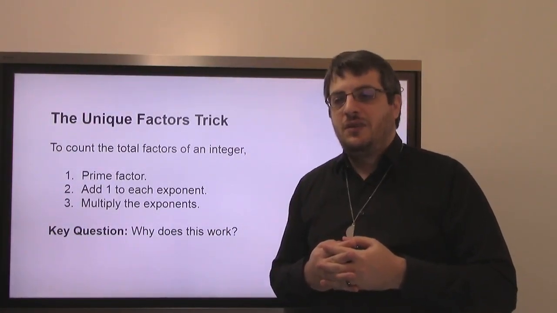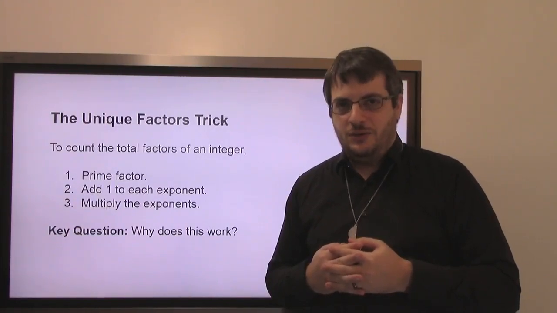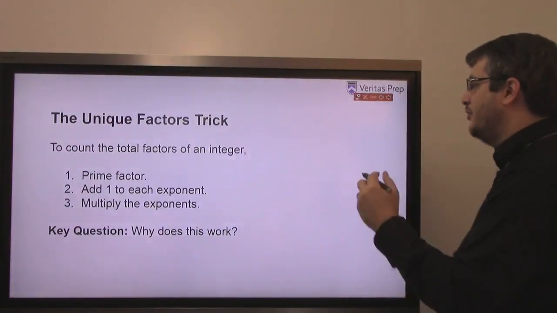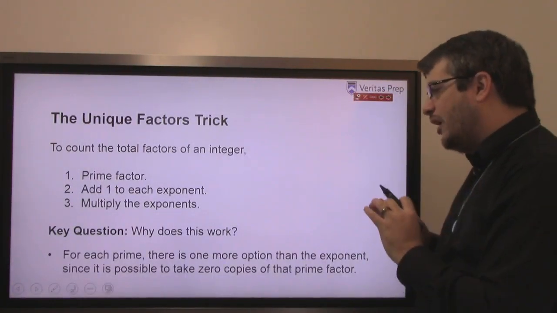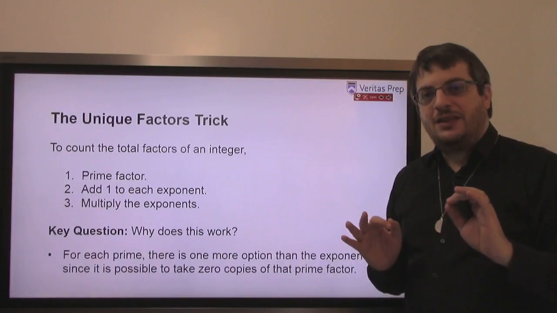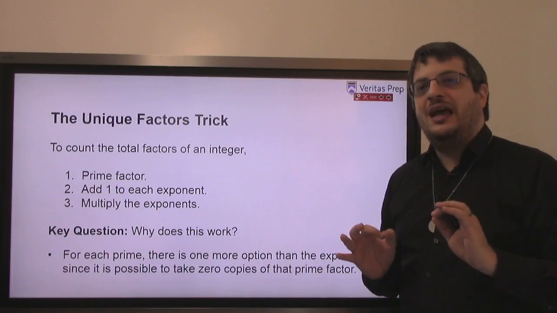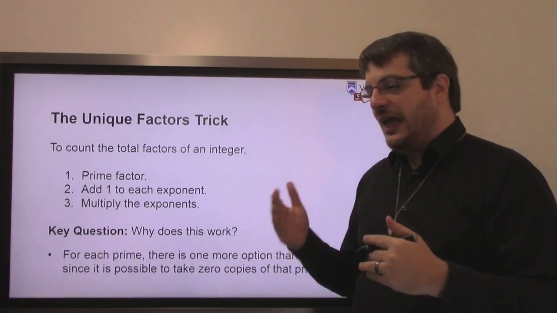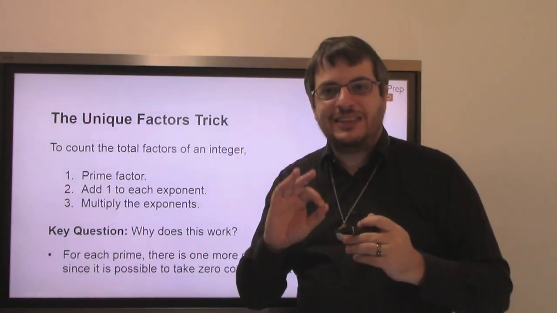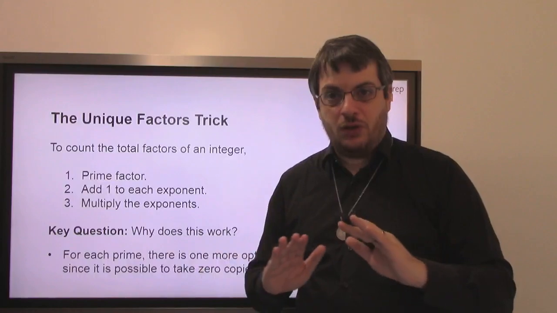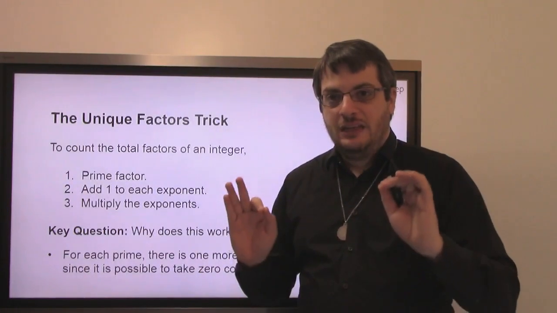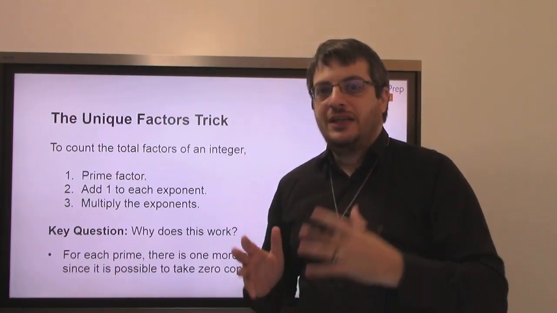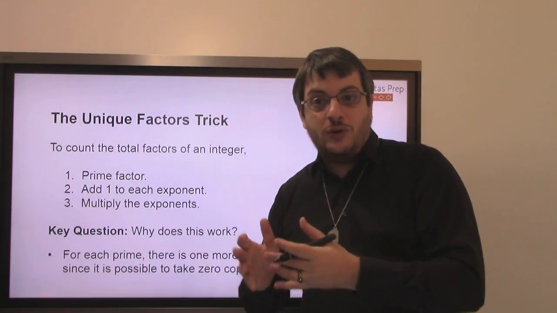Even then, the point is still, it's not enough to know the rule, okay? It's great that you know the rule, but you need to know why it works. Okay, combinatorics is a good answer. You need to understand that the reason it works is because you've got one more option than the exponent. And the reason it's so important to understand is what happens when I twist it. If you just know the trick and you don't know why it works, the minute I ask you something even the slightest bit different, you're adrift, you're lost. But if you understand that your number of choices for each prime factor is 1 more than the exponent, because I could take up to that many or I could take none of them.